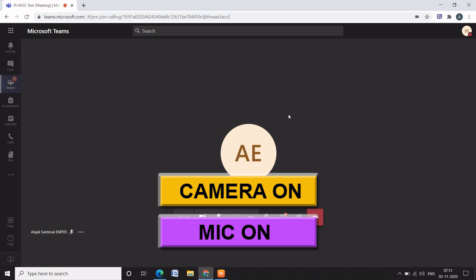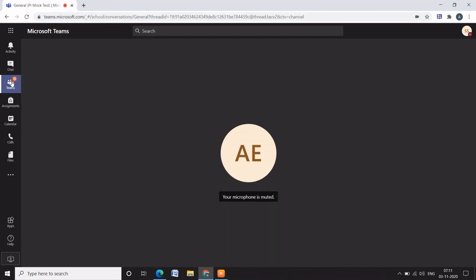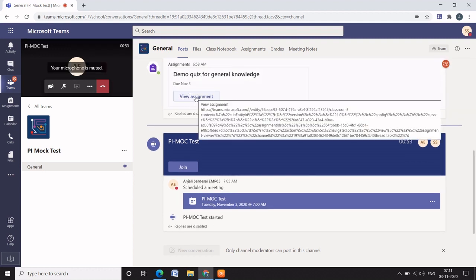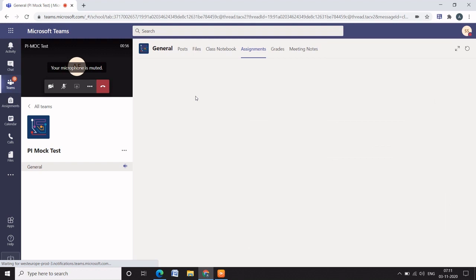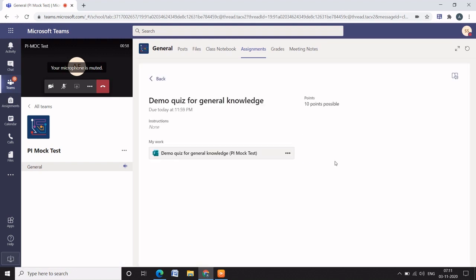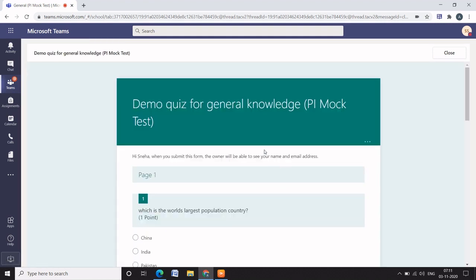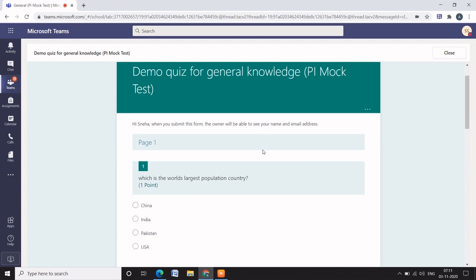Okay. You should see this screen over here. Then you have to click on Teams, and now you have to start your examination. So I'm just clicking on View Examination, and then you will get the name of your examination here. Click on this three dots, open in Teams, and your exam is started now.